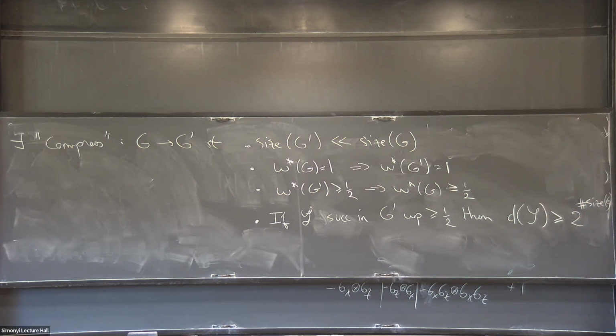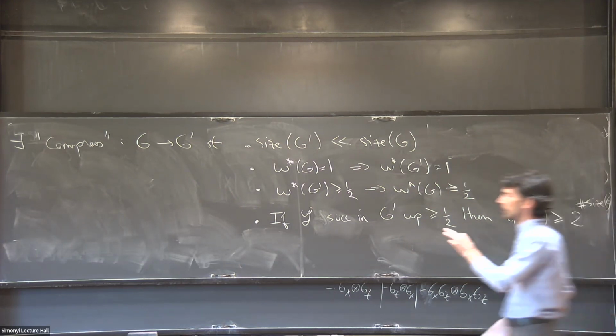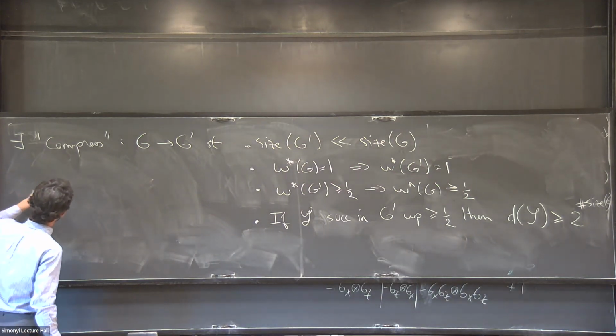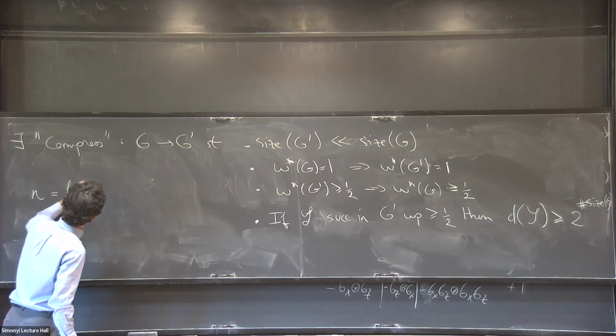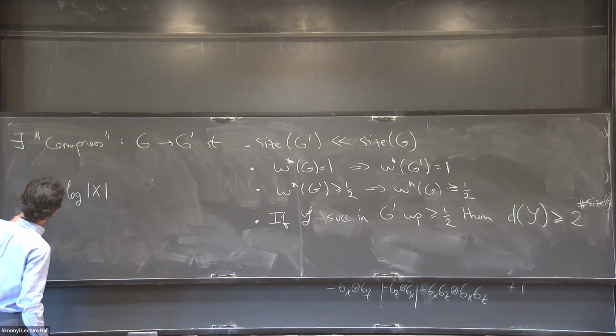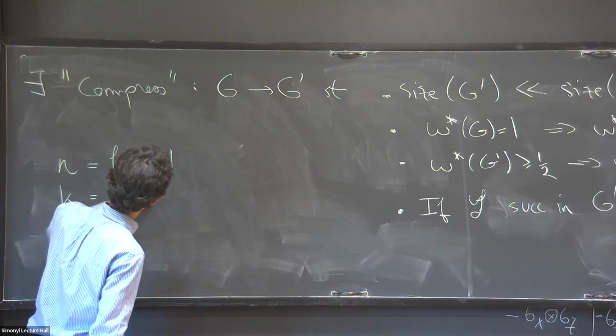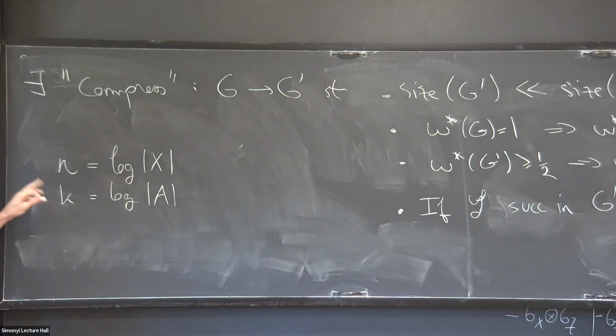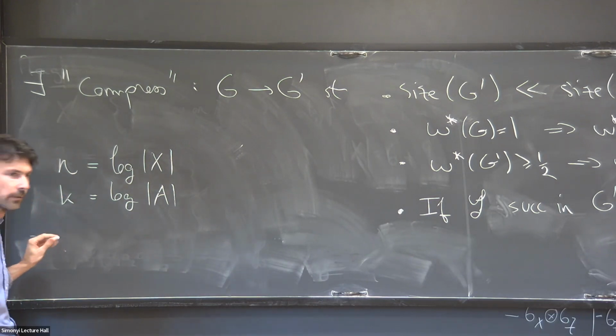There's a question. Just a very quick question. Is the size just of G then the size of the sets A and N? Yeah, so let me actually be precise. I use N and I'm overloading my N. It's a bit terrible, but I say N is the log of the number of questions and K is the log of the number of answers. I'm sorry, earlier it was the number, now it's the log. But okay, so the size is N plus K. That's my definition of size.